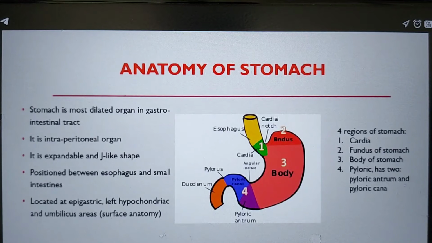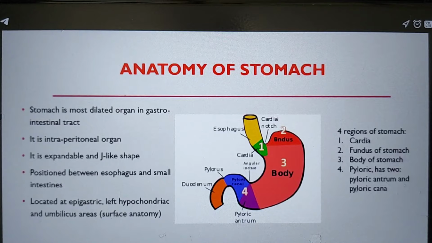So first, I would like to share about the anatomy of the stomach. The stomach is the most dilated organ in the GIT, and it is an intraperitoneal organ, and it is expandable and J-like in shape. The stomach is positioned between the esophagus and the small intestine, and located at the epigastric, left hypochondriac, and also the